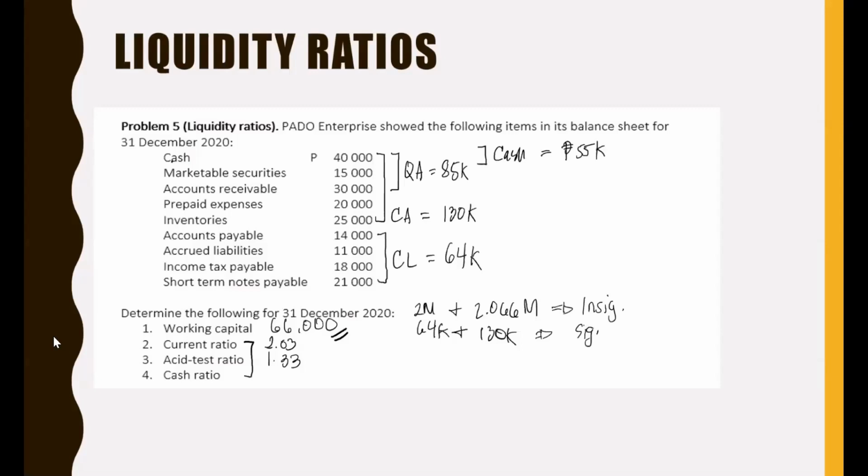Okay, so anyway, cash ratio will be 55 divided by 64. So that is 0.86. Okay, so using our cash ratio, we can say that for every peso of current liability, we can pay them 0.86 times. Okay, so basically,